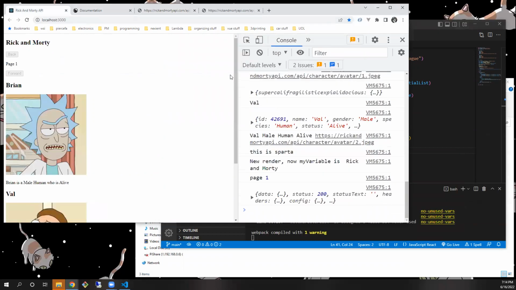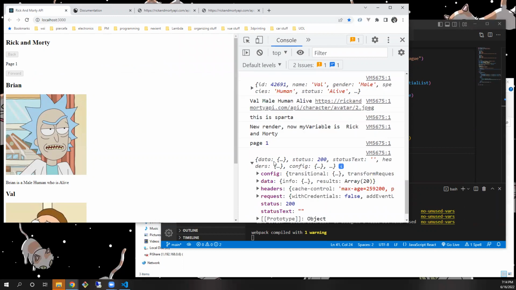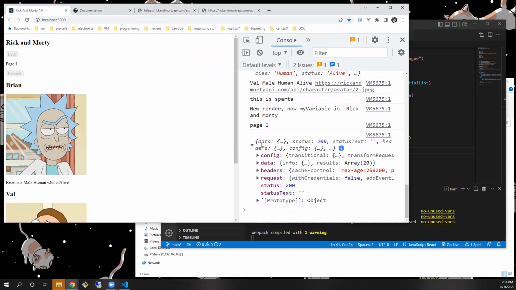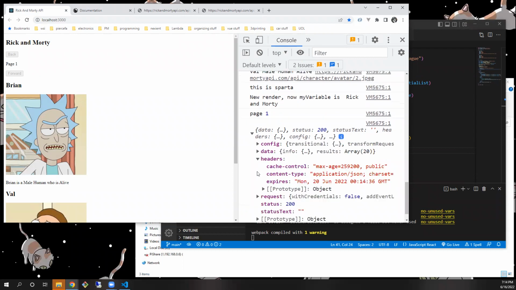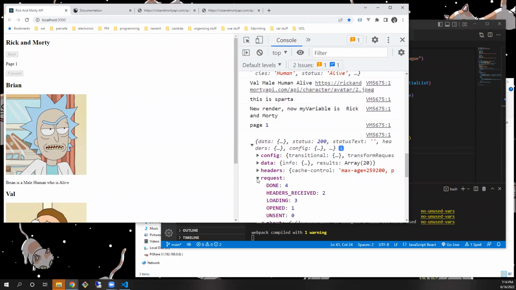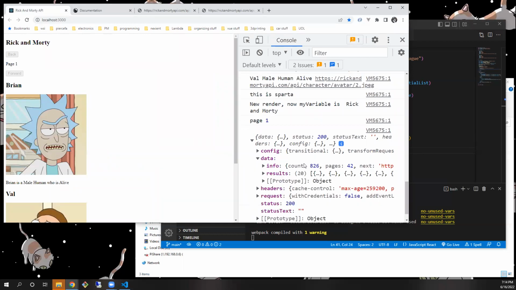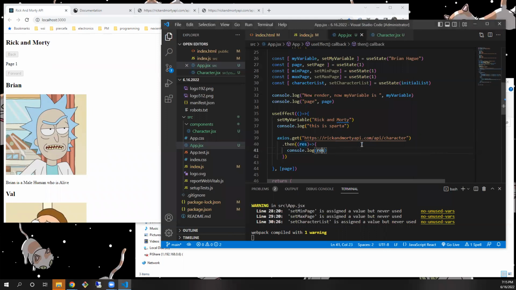and we go back over here, you can see that this is getting data here. We've got a config, we've got headers, we've got request. So this is all the object that's coming back. 99 to 100% of the time, it's always res.data. So if I console log res.data,